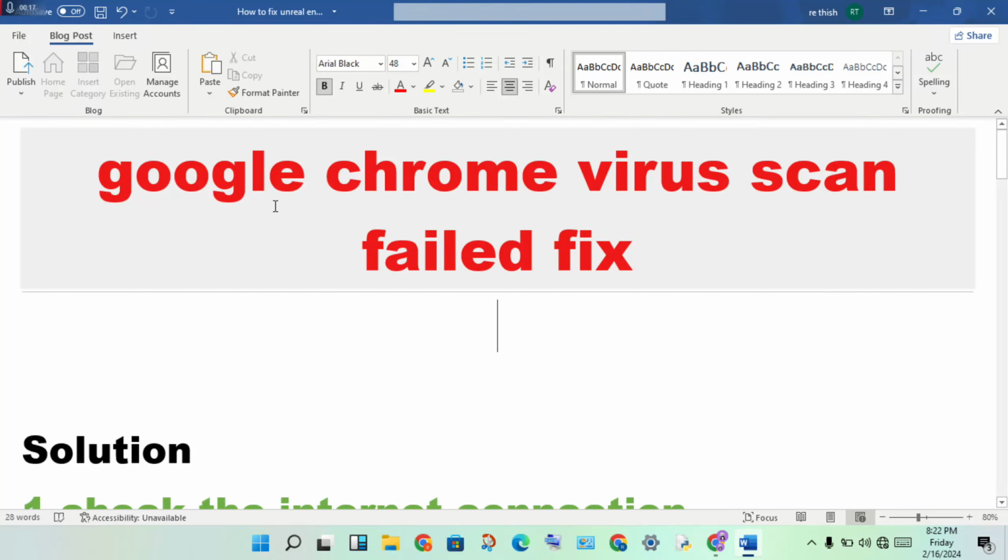How to fix Google Chrome virus scan failed. This is the problem. Then, step by step, to solve this problem. Okay, then the first step is